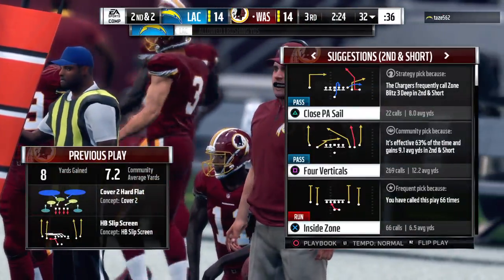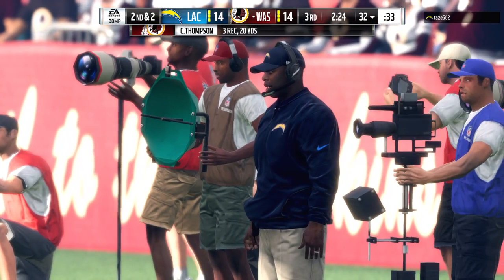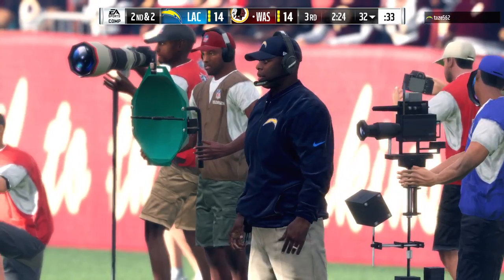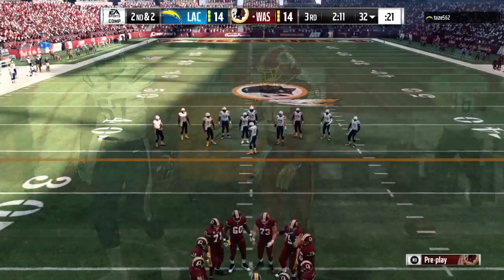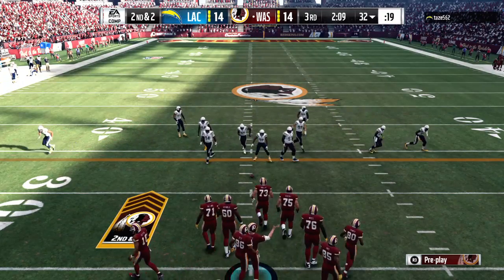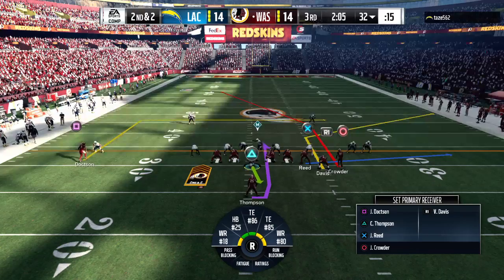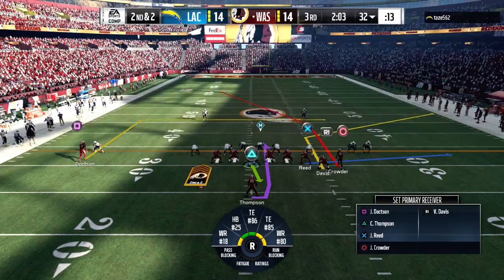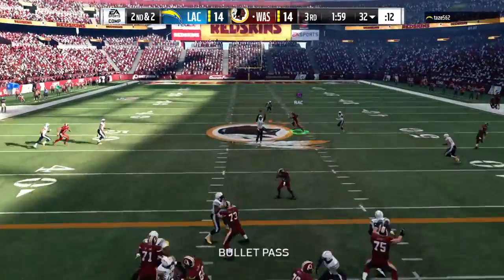A good pickup there on first as the screen pass gets him 8. And at his size, he's a smaller back. You can get him to football. He can kind of get lost, make someone miss. It's good for him. Yeah, it's great for him. I like what you said there. Sometimes he gets lost in the traffic a little bit, but get him out in the open field into some space. That plays to his strengths the best and keeps him out of it where all the big boys are. You know, make him make...